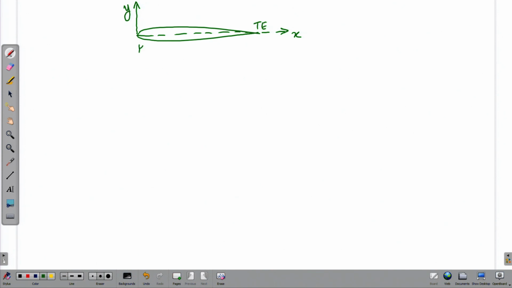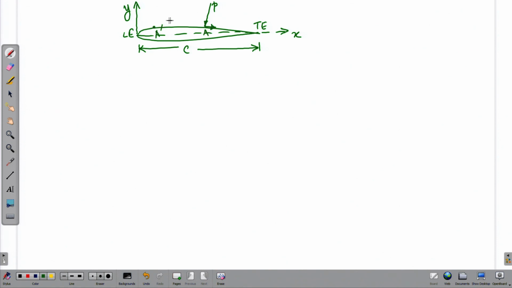The trailing edge is at a distance c from the leading edge, and of course, we are going to look at different points on the airfoil surface and how the pressure and the shear stress acting at that point finally sums up giving us the forces, but it is important for us to select a few of them carefully.